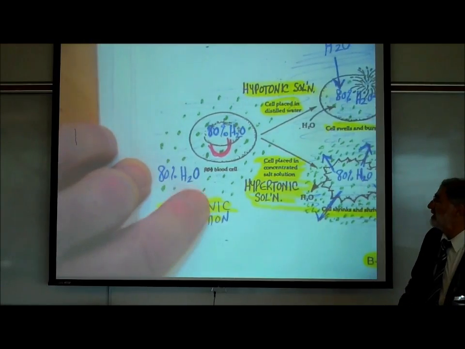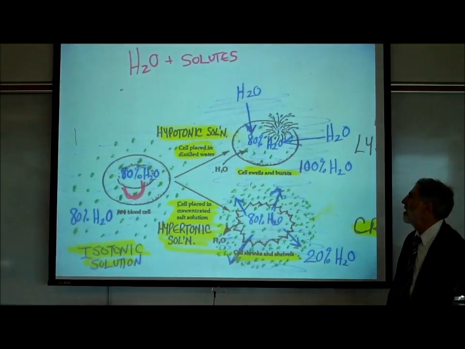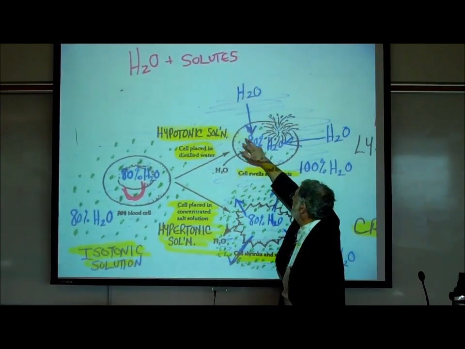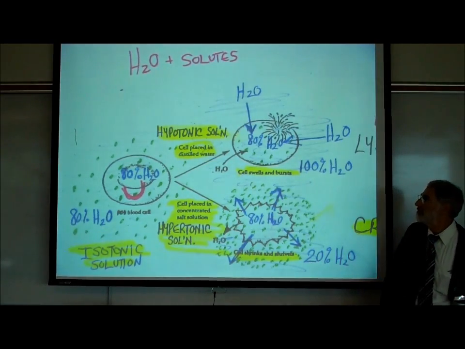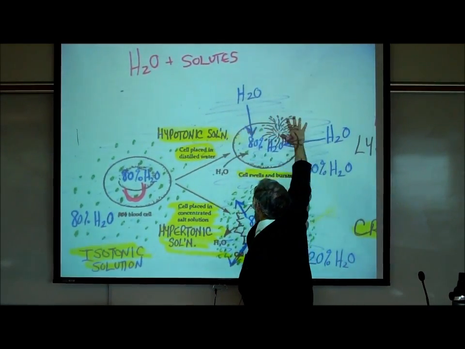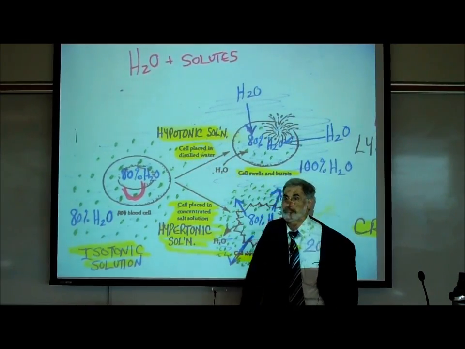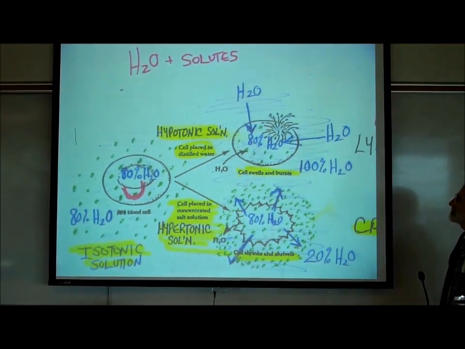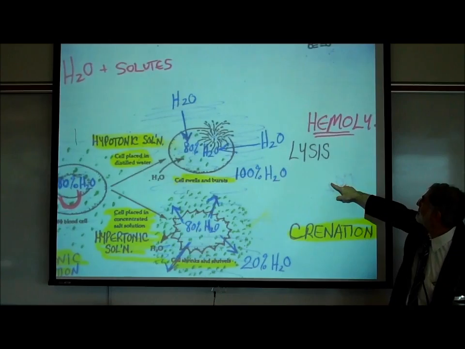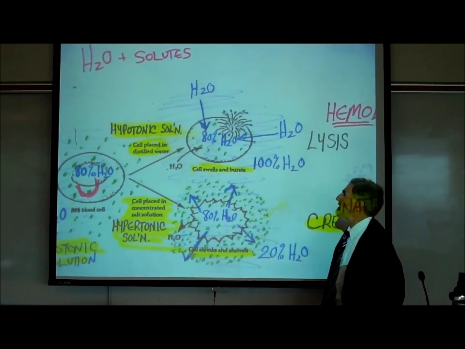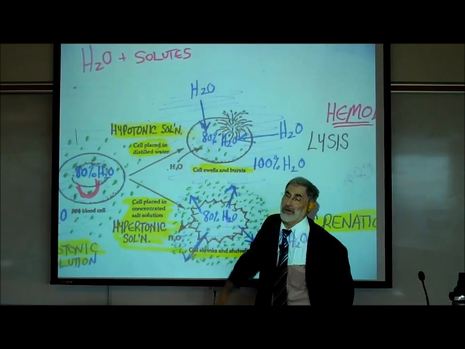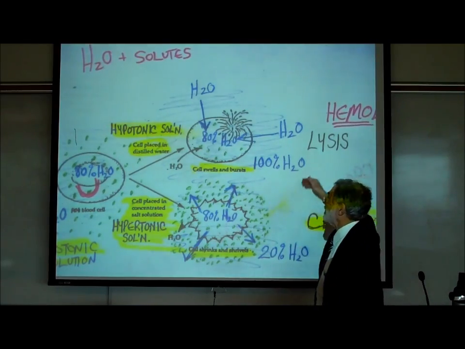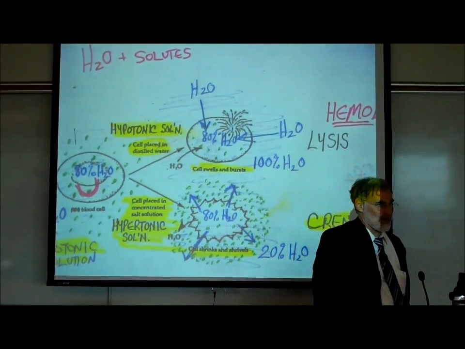Now, alternatively, let's consider another scenario. What if we have a cell, starts out 80% water on the inside, 20% other stuff, but this time this cell is surrounded by distilled water. Pure water, 100% water. Now, what's water going to do? It's 100% water on the outside, 80% water on the inside. Is there a concentration gradient for water? Yes,